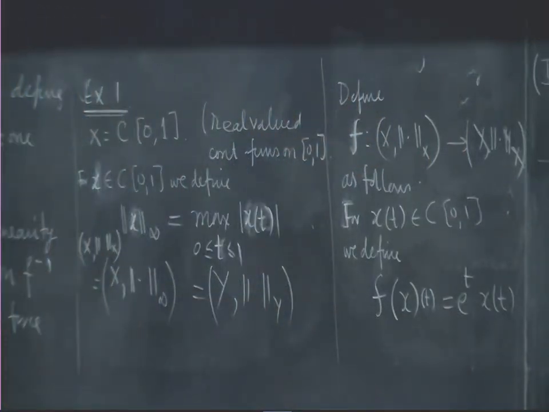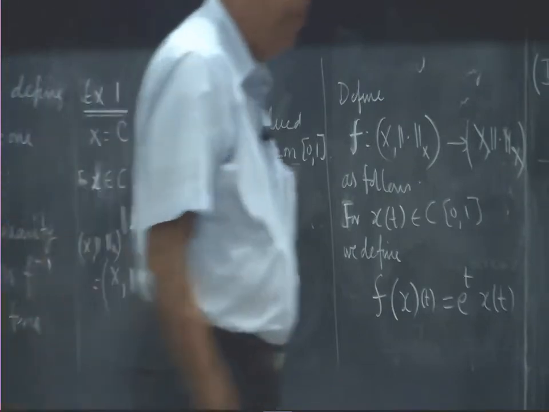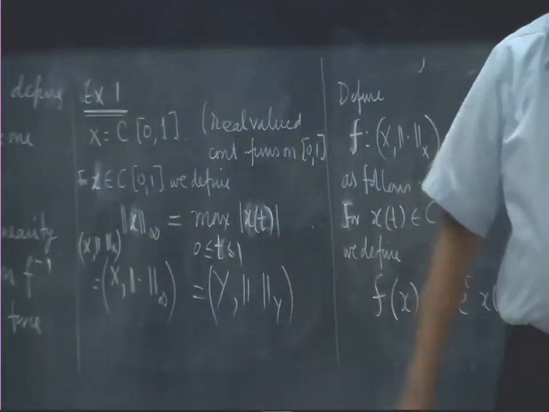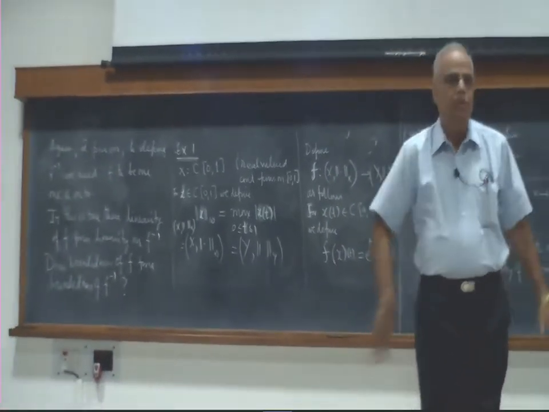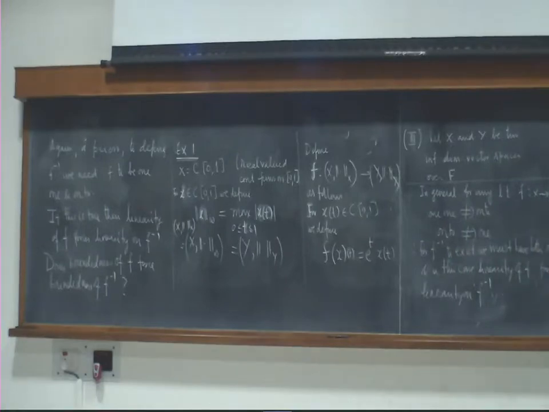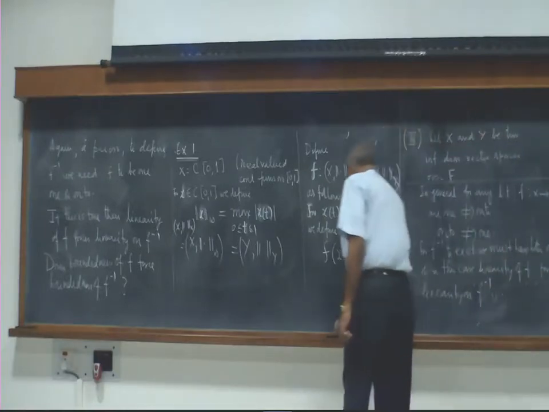So what I am doing is I am transforming every function x(t) by multiplying the value at every point by e to the t. So the whole function got transformed into a different one. The original path was like this, but the new path will be like this. It will be higher. As t increases, it is pulled up further. At each point, I am pulling up the function by the level of e to the t. So that is my new function.